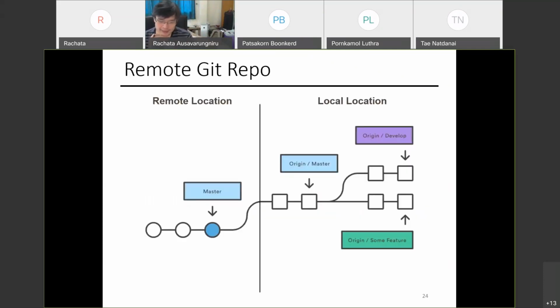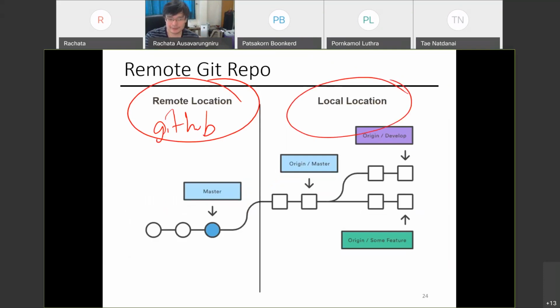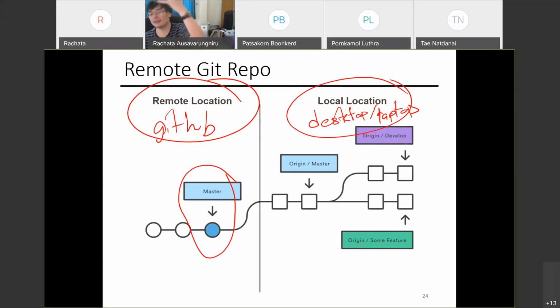Now, we've been talking about distributed VCS and working with a server such as GitHub, right? This is what happens. We have a remote location, let's say this is on GitHub, and your local location, which is on your desktop or laptop, right? So one thing you can have is the master branch on the remote location somewhere that hosts the version that everyone sees. You can take the code from that version,